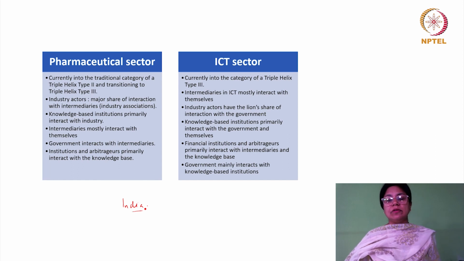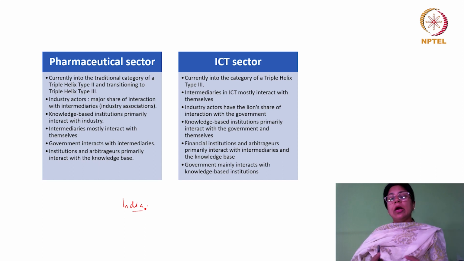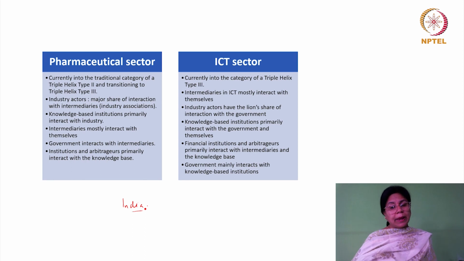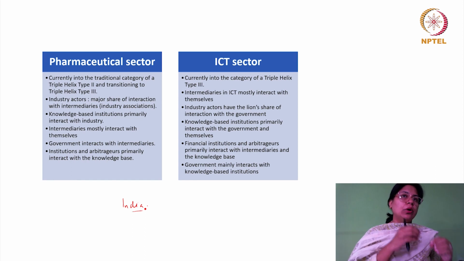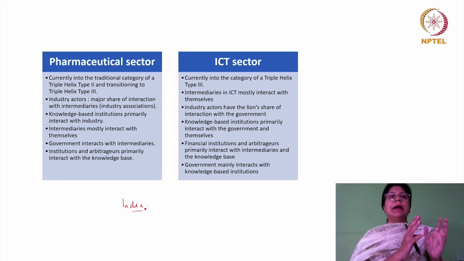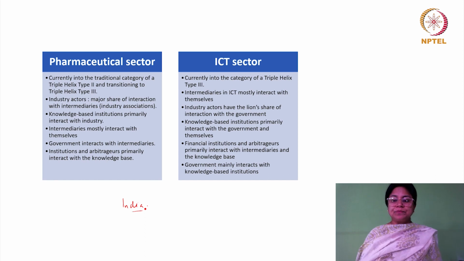Not only that, the knowledge-based institutions, for example the different engineering institutions, IITs, etc., also have an interaction with the government. Moreover, financial institutions also come into play. Why? Because their participation is much needed to ensure that whatever the outcome of the research and interaction might be, it is taken forward to the masses. Government mainly interacts with the knowledge-based institutions, like I told you earlier. So we'll stop here with this section, and the next one we will take in the next lecture.